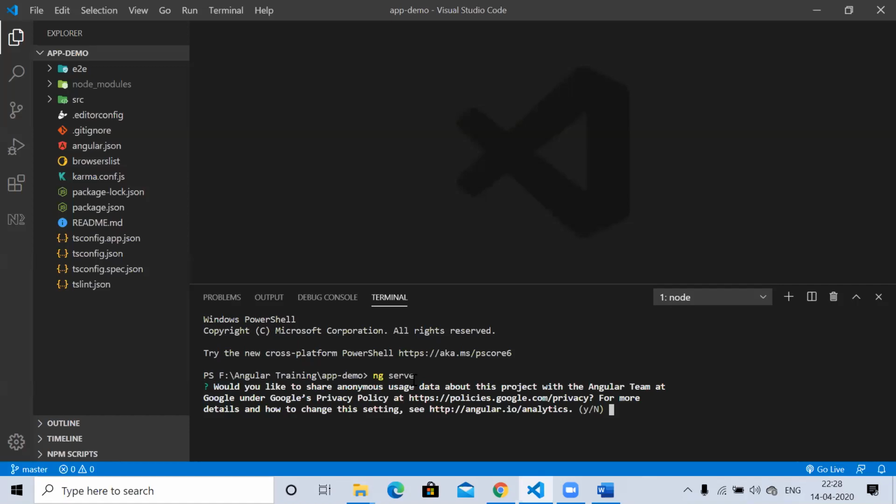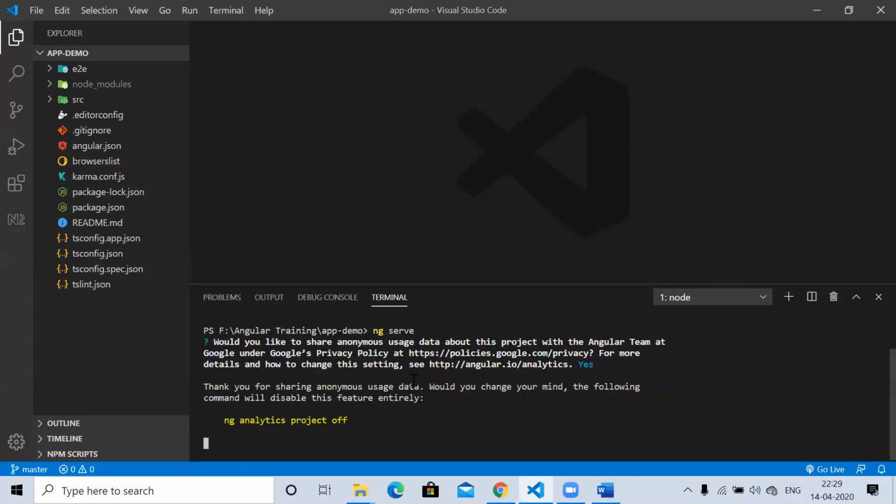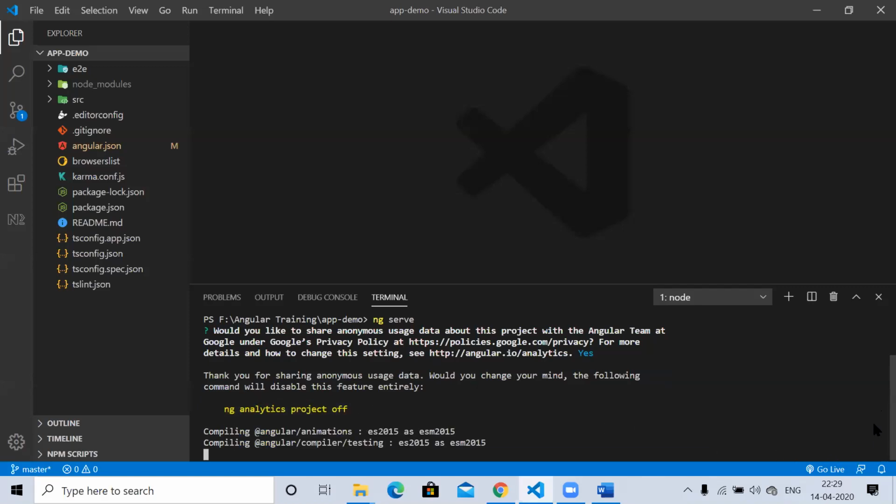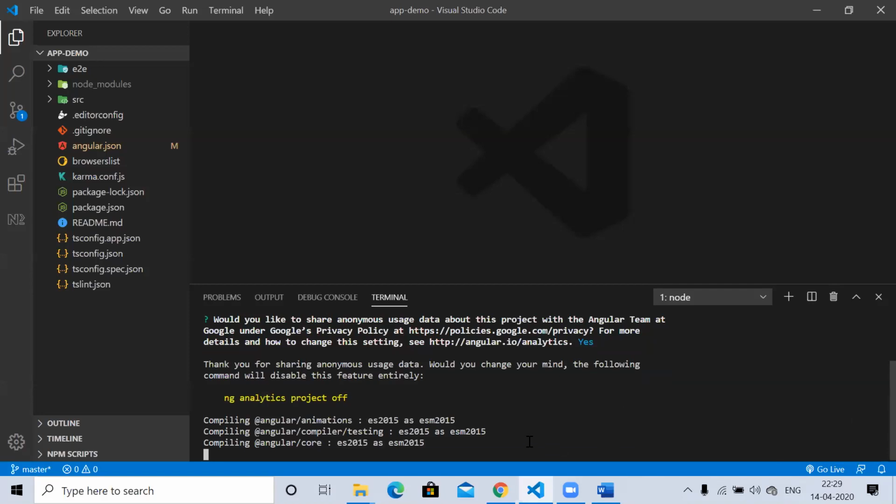If you want, you can put yes, and if you don't want, you put no. It doesn't matter, so I'm going to put yes. If you later want to turn off sharing the knowledge about your application in Angular analytics, you can turn it off using this command, ng analytics project off. So our application compilation has started now.